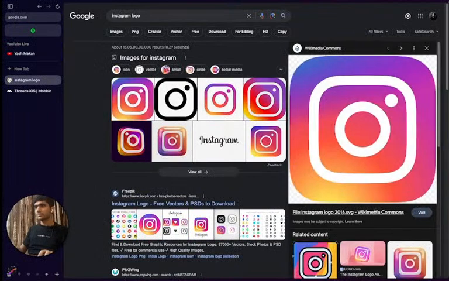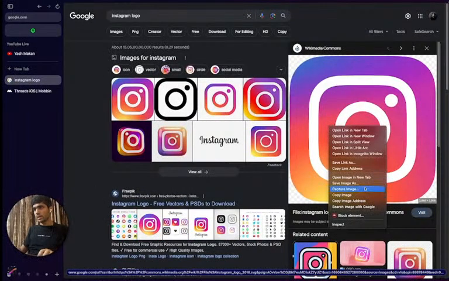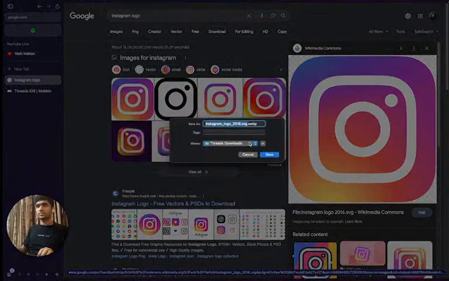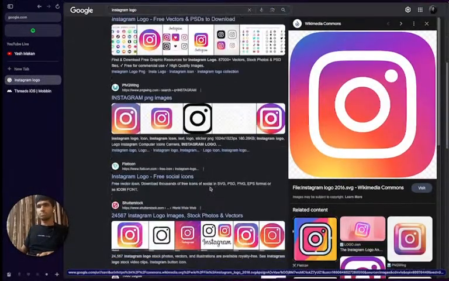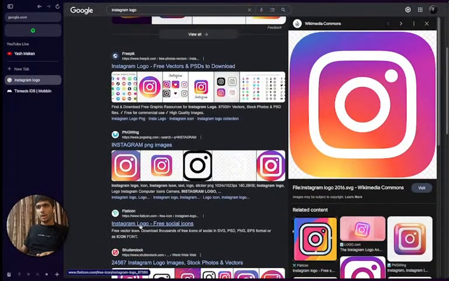And let's just go here. It's an empty background, perfectly sized. Save image as. Instagram. It's a WebP file. Nope, can't use. Let's go to Flaticon